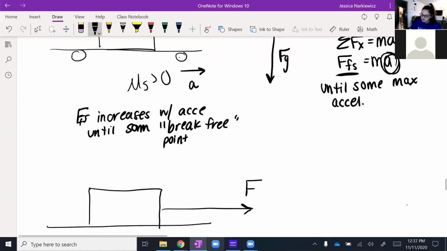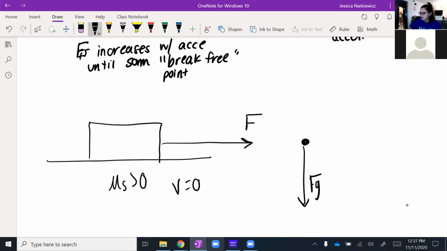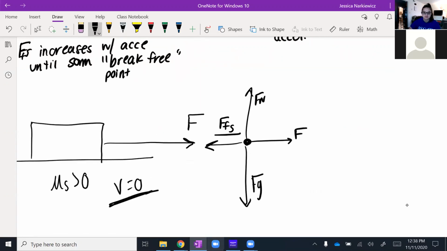A similar time when we might use static friction is when an object is at rest on a surface, but there is still a force being applied to it. Okay? So my free body diagram for this box, again, we'd quickly be able to draw normal force, force of gravity, and applied force. What students might forget, though, is that because this is at rest, there has to be some leftward force as well. And that leftward force is the static force of friction. So the y direction is exactly the same as it's pretty much always been through this video. But the x direction